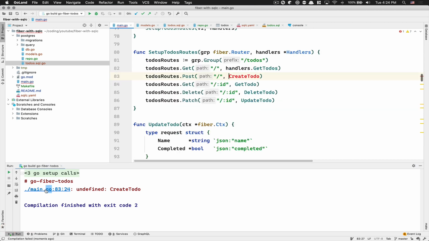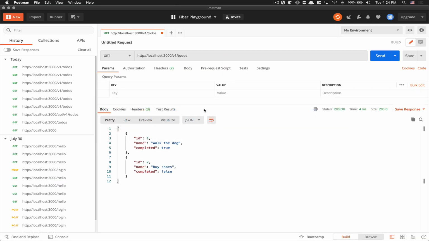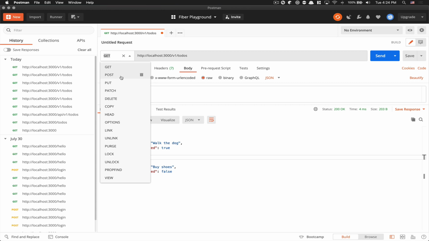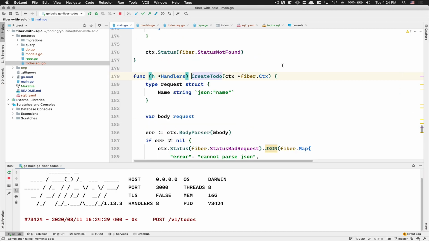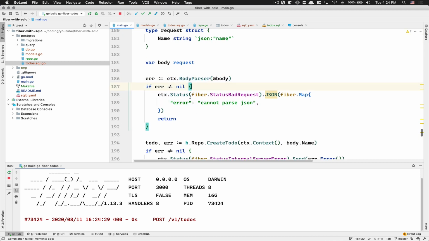You get undefined CreateTodo, because the CreateTodo now came from the handlers. I'm gonna rerun. Perfect. Now I'm gonna go to Postman. I'm gonna go to the body. As you remember, if we send, remember it's a post. If you send nothing, we should get cannot parse JSON, because where that fails right now is this place. We get a fail on the body parser, so I'm